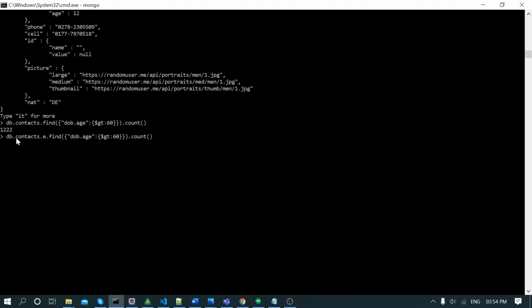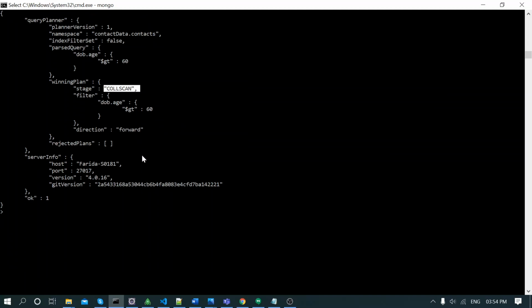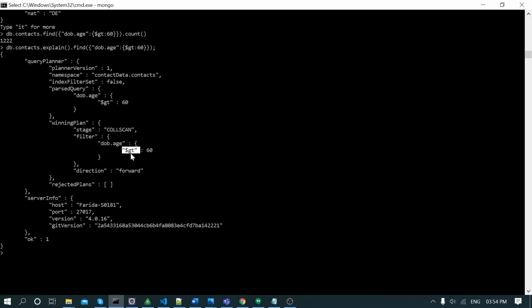To see how Mongo is fetching all the documents, we simply go to this collection and write the explain command. Explain means it will explain how Mongo is doing this scanning of the documents. See now, here it has written queryPlanner. In the query planner, winning plan is there, that is the collection scan. Collection scan means it is going through all the documents in the collection and, based on the condition, fetching the required documents.